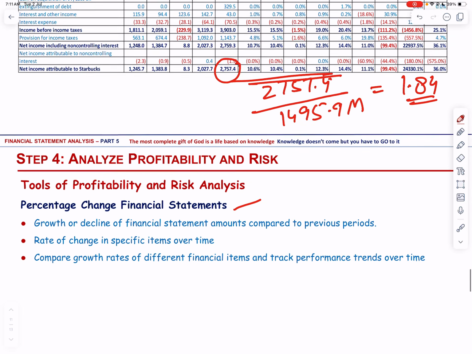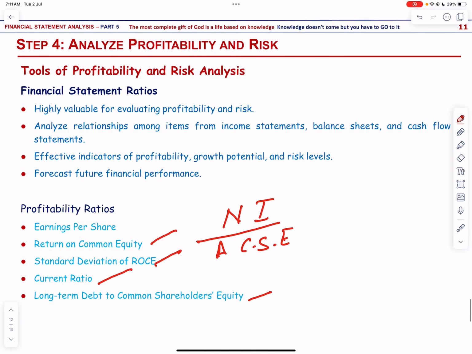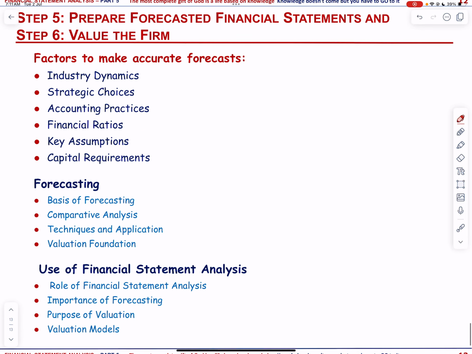Next, we move on to the fifth and sixth step, that is prepare forecasted financial statements and the value of the firm. So, forecasting future financial performance is crucial in financial analysis and valuation, as it forms the foundation for valuation models and investment decisions. Analysts rely on several factors to make accurate forecasts, like industry dynamics, that is understanding the industry